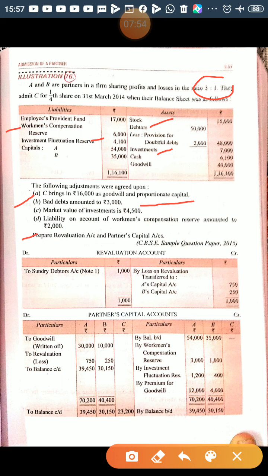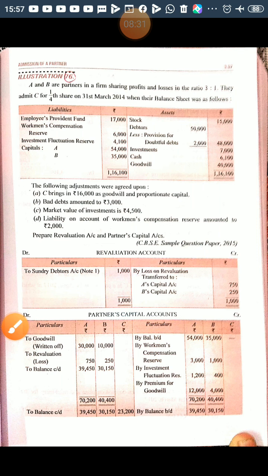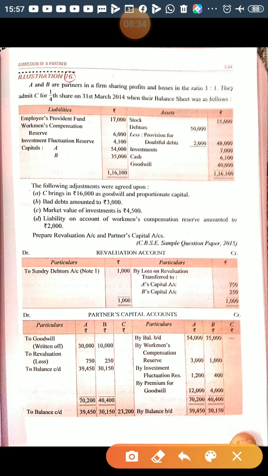Prepare revaluation account and partners capital account. But we will prepare the balance sheet also, as well as pass necessary journal entries, because in the board's examination both ways can be asked. They can ask to pass necessary journal entries and prepare balance sheet, or prepare revaluation account, partners capital account, and balance sheet. And sometimes if the question is not long, they can ask for 4 marks or 6 marks, prepare revaluation account and partners capital account. So I would like to cover it comprehensively. So first of all,